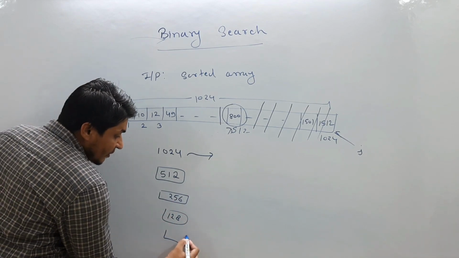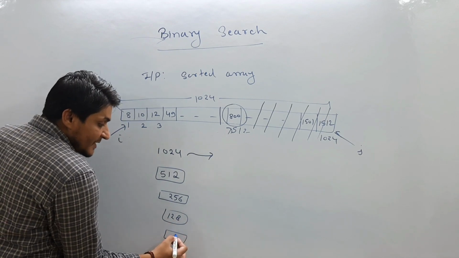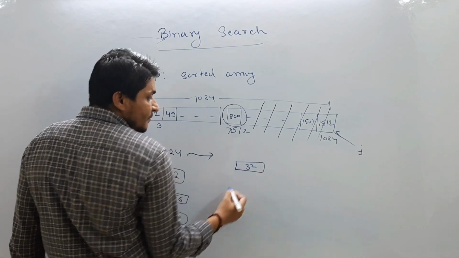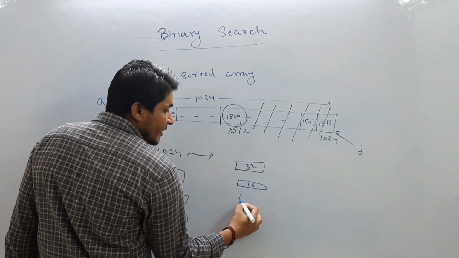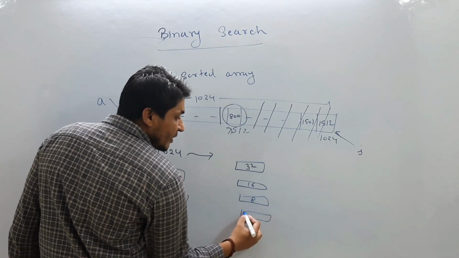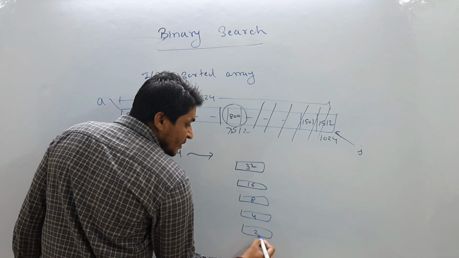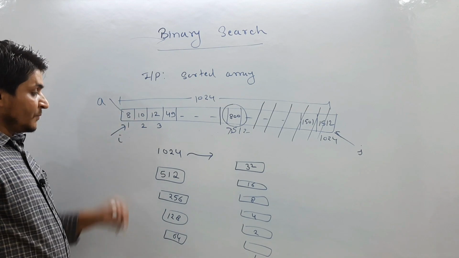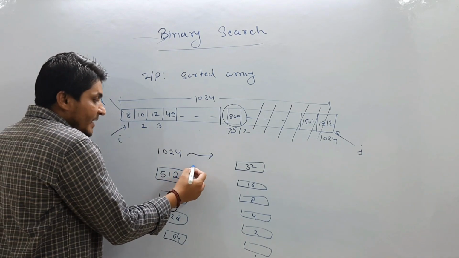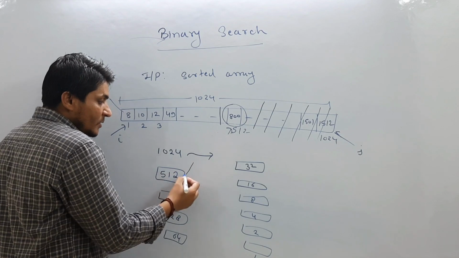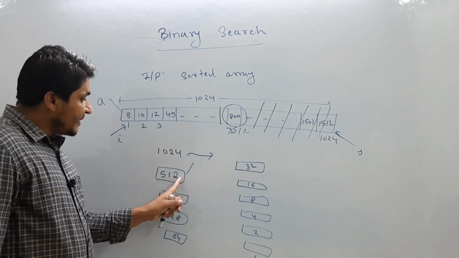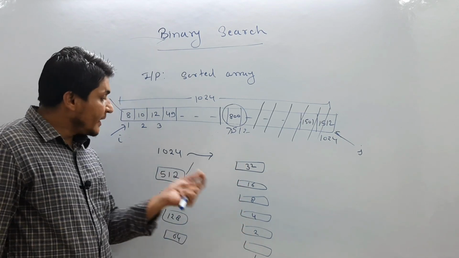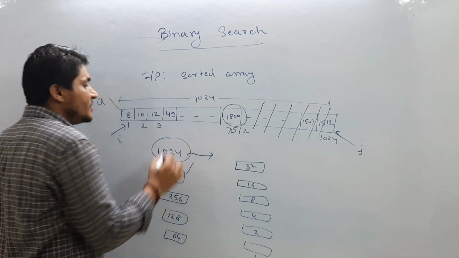Then if you compare again, you are going to eliminate 64 elements. In the next comparison you again eliminate 32 elements, next 16 elements, then you have only 8 elements, then only 4 elements, then only 2 elements, then finally you have only 1 element, and that 1 element is actually 8. So how many comparisons have you done in total? 1, 2, 3, 4, 5, 6, 7, 8, 9, 10. Only 10 comparisons in the worst case for 1024 elements.